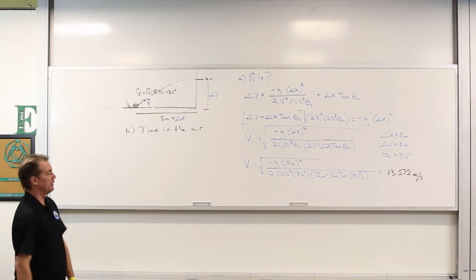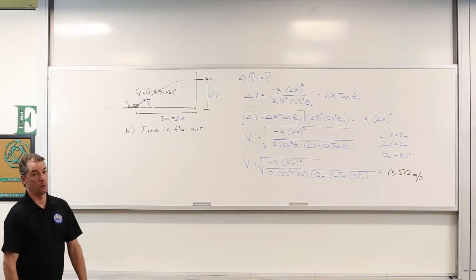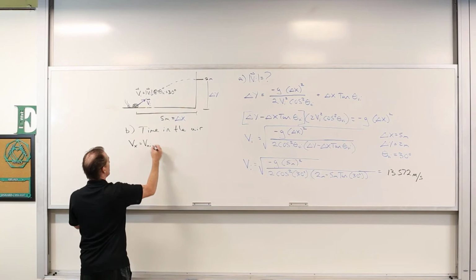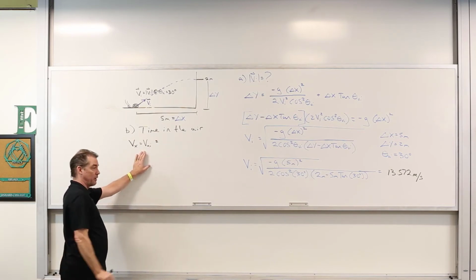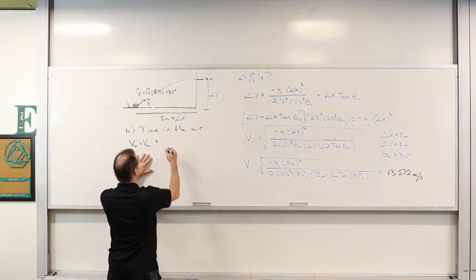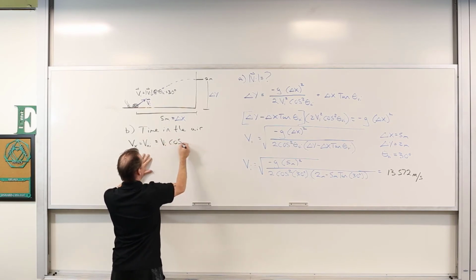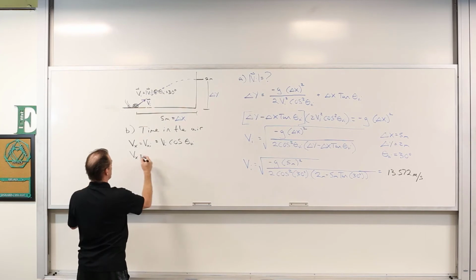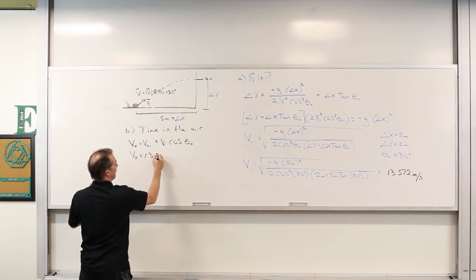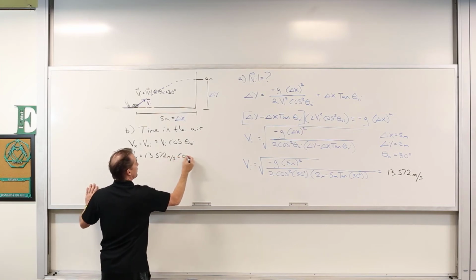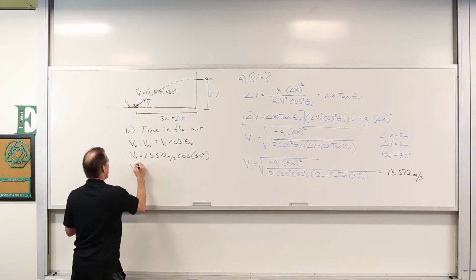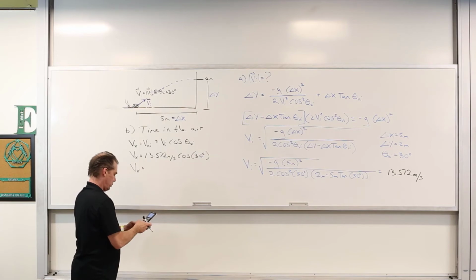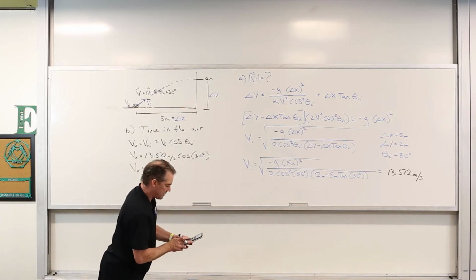Well, there's a couple really easy ways of getting this. And one of them is just to go back to the x direction, right? We have that v sub x is equal to vx initial. This motion in the x direction remains constant for a projectile. And vx initial is going to be equal to v initial times the cosine of theta. So we've got ourselves that v sub x is going to be equal to 13.572 meters per second times the cosine of 30 degrees, which gives us 11.753